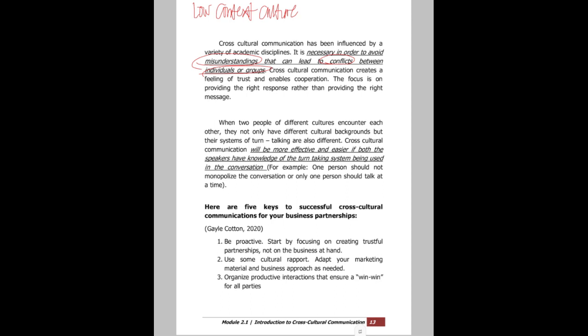So, si high context communication, take note of this, they are more of oral communication. Ibig sabihin, gumagamit sila ng mga verbal communication, rather than kay low context culture, na ang ginagamit nila is more likely yung written communication. So, pag written communication, alam niyo naman na yun, it can either be through a written letter, and so on. So, aside from that, si low context communication or low context culture,